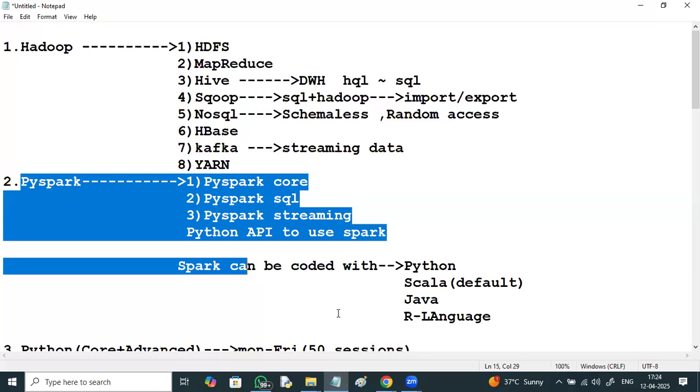Here, if you see even in the current job market, data engineer is in the top two high paying jobs. Both data scientist and data engineering jobs are high paying jobs today, with huge packages. Depending upon the company and your technical level, you can demand for these packages as a data engineer.